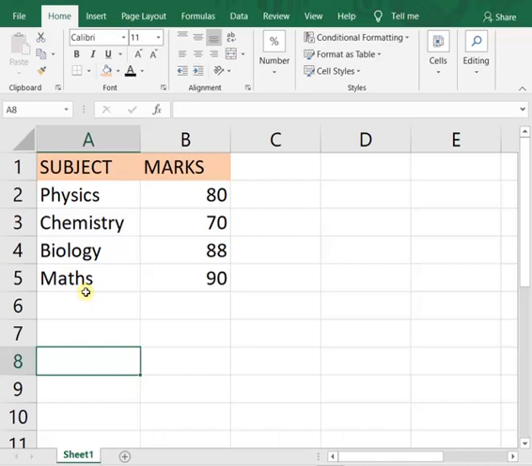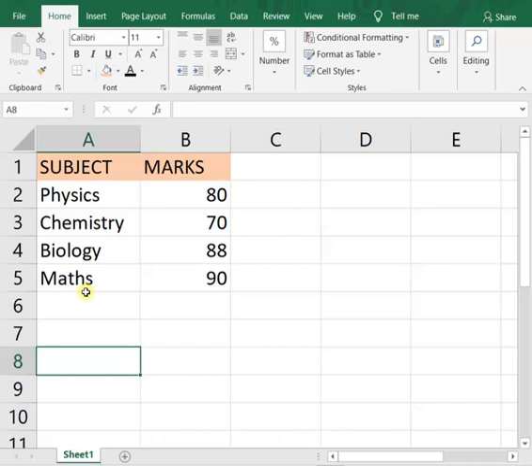So sometimes it becomes necessary to give more space between the cells so that our table contents may look more distinct. Distinct means more separated from each other, so that it increases the attractiveness of the document. It makes the document more readable.